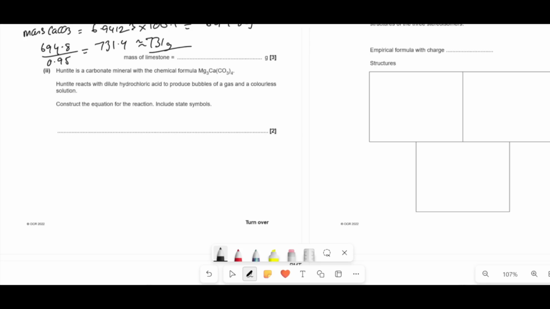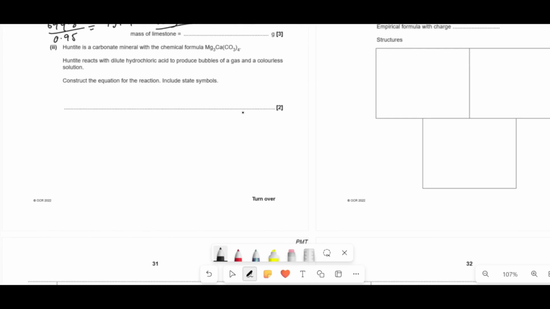Huntite is a carbonate mineral with the formula Mg3, and so on, right? Huntite reacts with dilute hydrochloric acid and it produces a gas and a colorless solution. Construct an equation for this reaction. So start with what you know. Anytime you have a question like construct an equation, just look at the question and say what they've definitely told you. They've told you the formula of this thing is